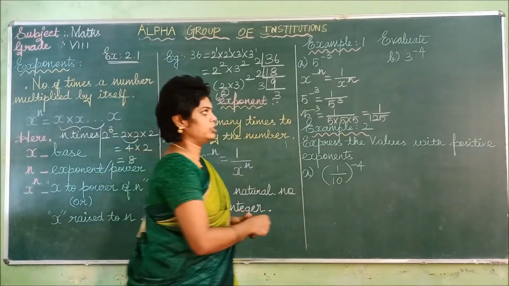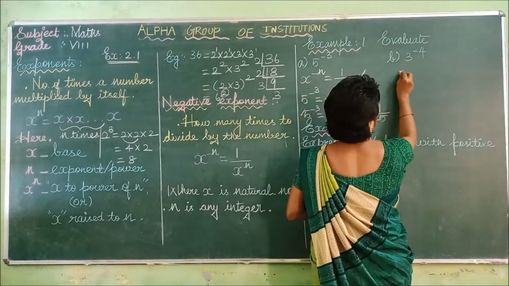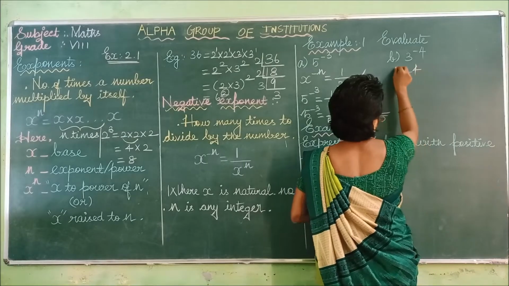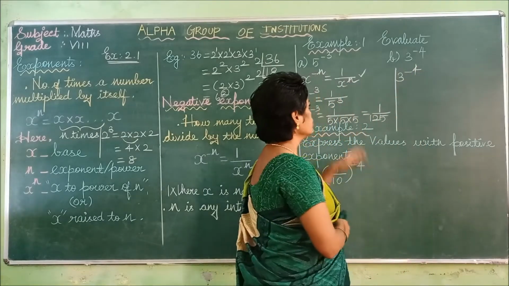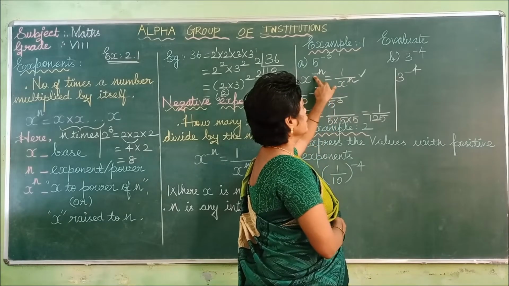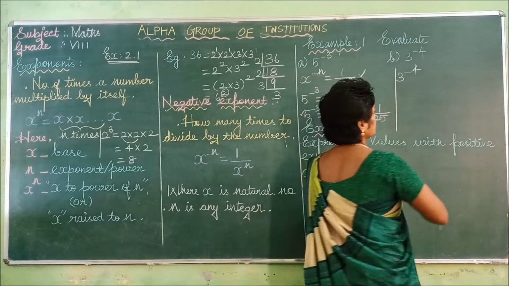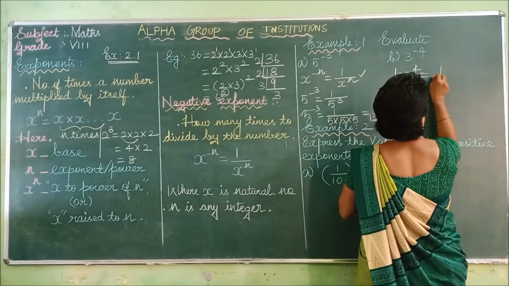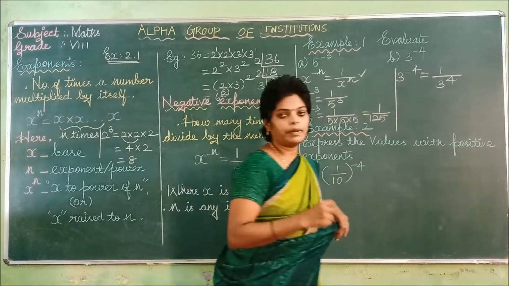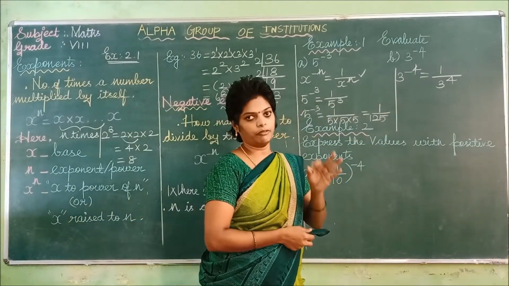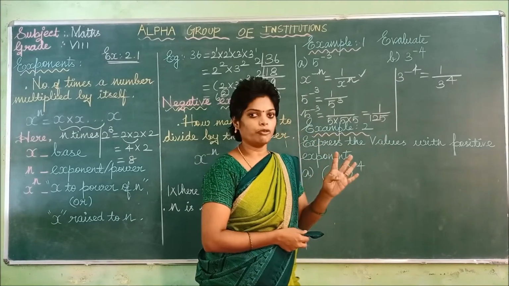So listen to the next one. The same formula you have to write. Let's write the question. What is the question here? 3 to the power minus 4. Using this formula, the negative exponent becomes positive. Likewise, 1 divided by 3 power 4. That means 3 is multiplied into 3 four times. 3 to the power 4 means that 3 is multiplied 4 times.